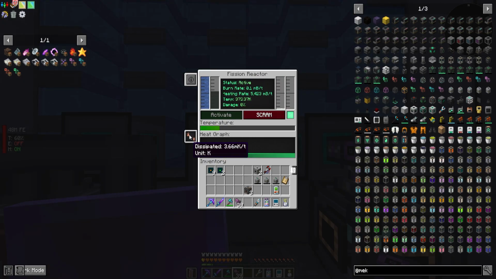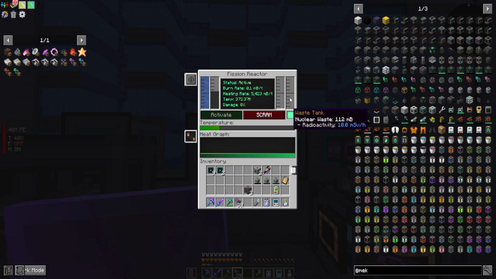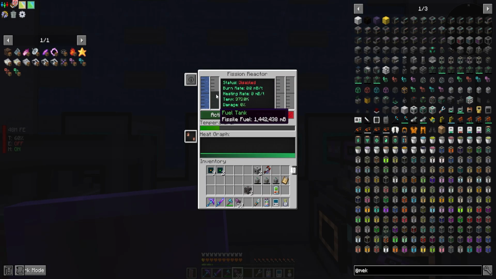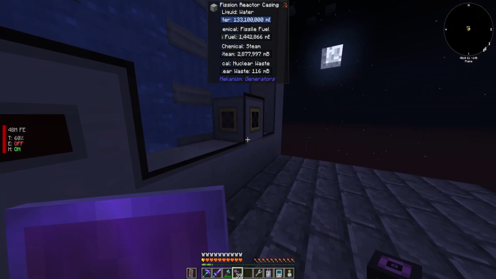And we're not dissipating the heat off. Actually, it's not doing that bad. 373 on the Kelvin scale. But we're not very efficient, right? We're not burning at a very high rate. But we're starting to get our nuclear waste. Let's go ahead and hit scram on this. That'll shut everything down. That'll allow the temperature to go back down. That'll allow fissile fuel to go back up. And coolant seems to be doing okay, so I'm not too concerned with that at the moment.